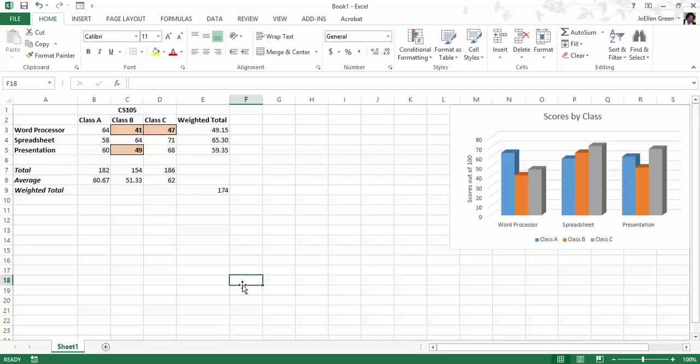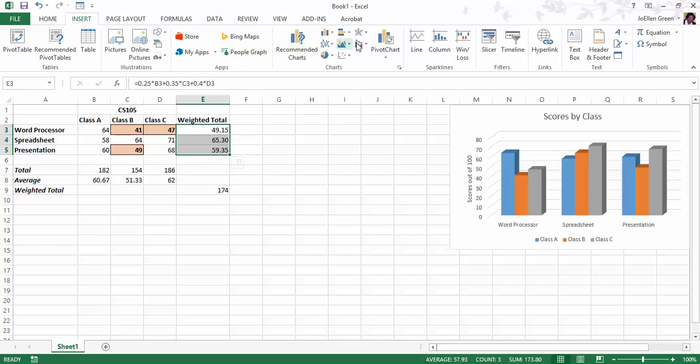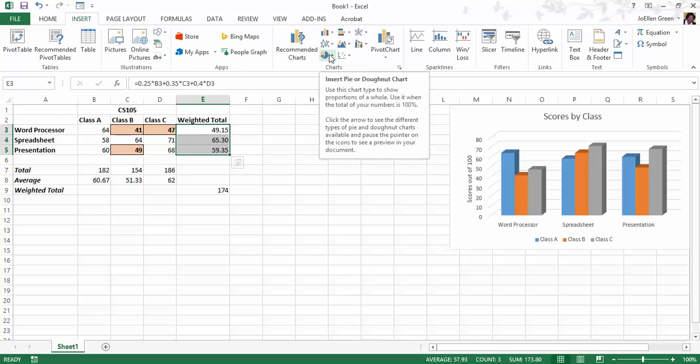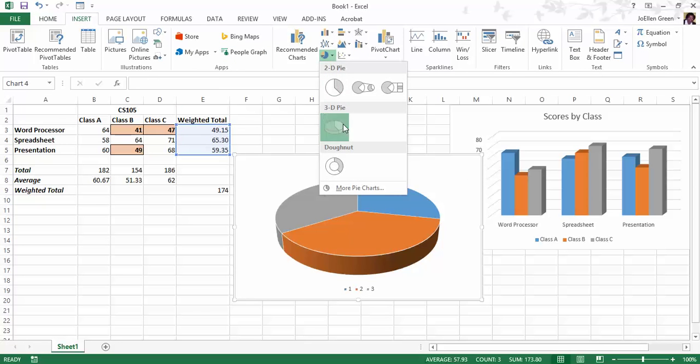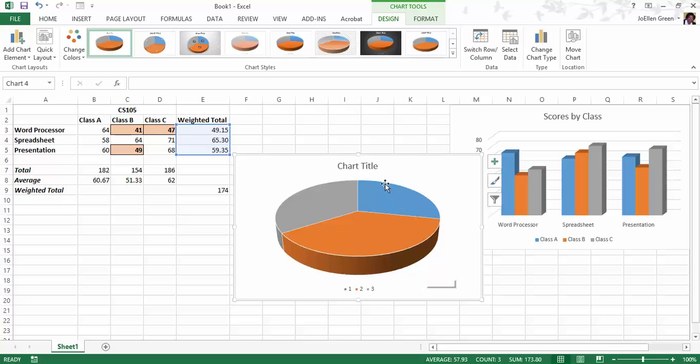Now, what about if I want a pie chart? And I want a pie chart based off of how all the students actually did in each of the word processing, spreadsheet, and presentation. So I'm going to insert a pie chart. I'll do a 3D one. Okay, and it has everything here. This is a percentage